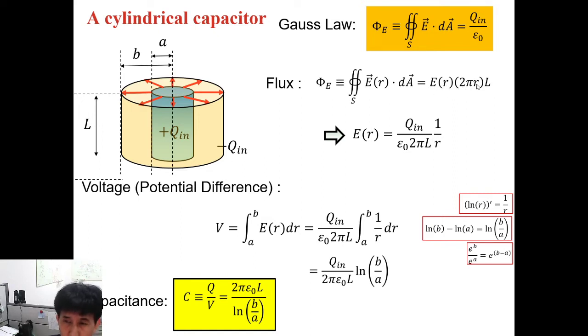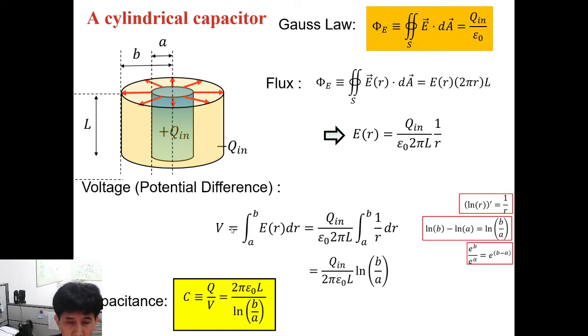The flux out of that volume is electric field times the surface, electric field times 2 pi R times L. L is the length of this cylinder, and 2 pi R is the circumference of the volume we consider. So electric field times 2 pi R times L is the total flux, and that should be equal to Q inside divided by epsilon 0. So electric field as a function of R becomes Q inside divided by epsilon 0 times 2 pi R L. So electric field is proportional to 1 over R,